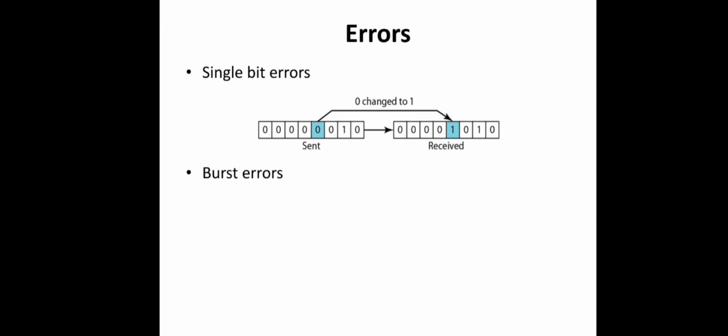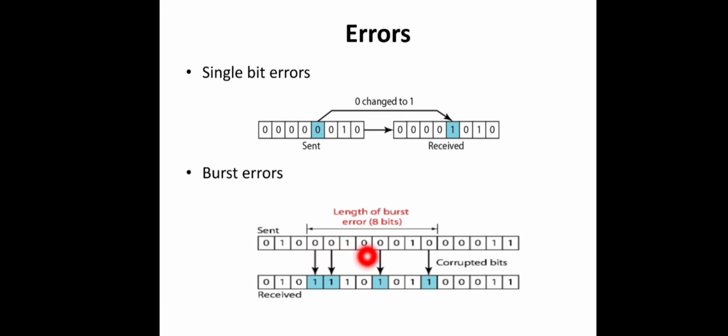So what types of damages can be there? Usually we can categorize these types of errors into two: single bit errors and burst errors. In a single bit error, a single bit in the data block will be corrupted. So this is the data sent and this is the data received. One bit is flipped. And in a burst error, a group of bits will be affected or corrupted. So here we can see a block of bits in which most of the bits got corrupted. The length of the block which got corrupted is called the length of the burst.